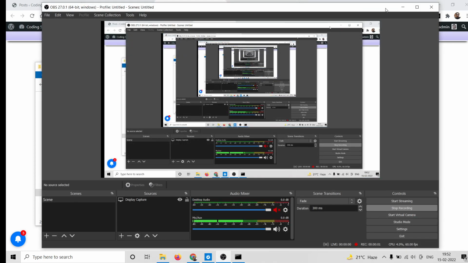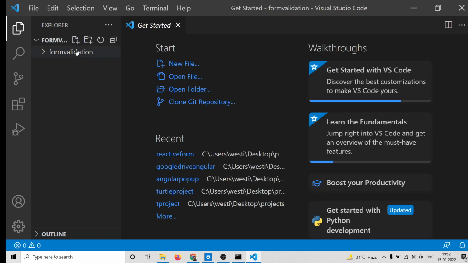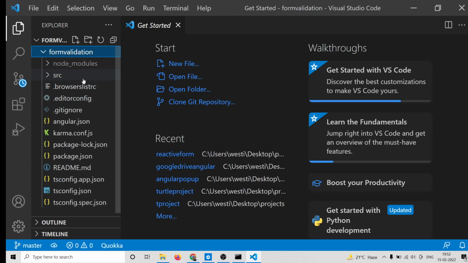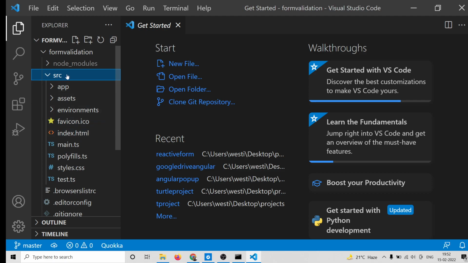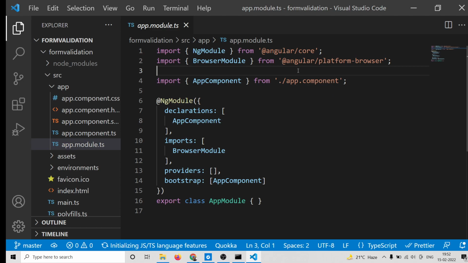Now guys, you can see that all these modules have been installed, and now we can open this inside our Visual Studio Code text editor. You will see this is the form validation folder and we have the source folder here. The very first thing you need to do is add the module. Just open src, then go to app and open the app.module.ts file, and here we need to import our